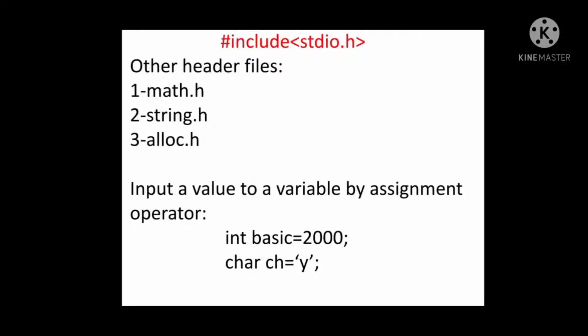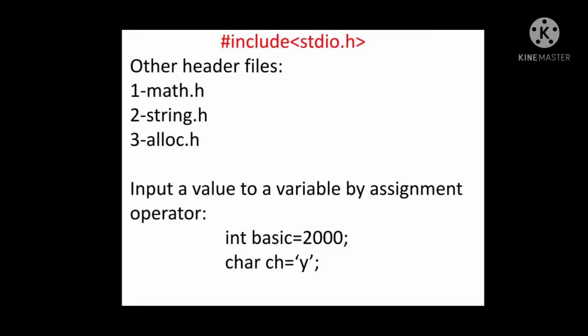There are several header files that provide necessary information in support of the various library functions. These header files are entered in the program using the #include directive at the beginning of the program. For example, if a program uses any function from the standard input-output library, then it should include the header file stdio.h as #include <stdio.h>. Less than, greater than are the special characters. Similarly, there are other header files like math.h, string.h, alloc.h that should be included when certain library functions are used.